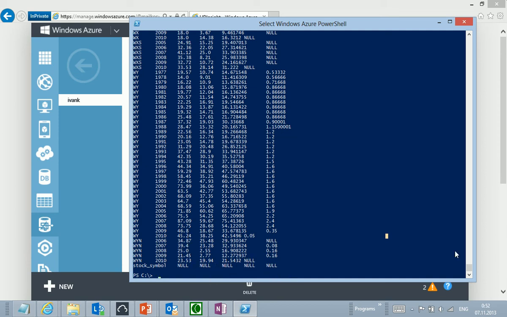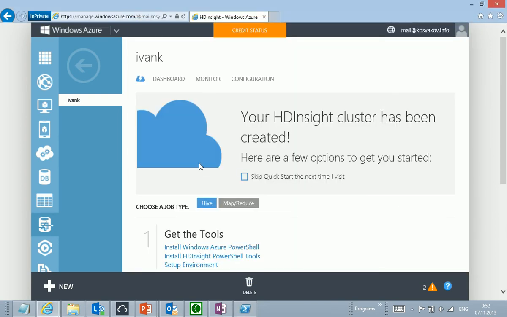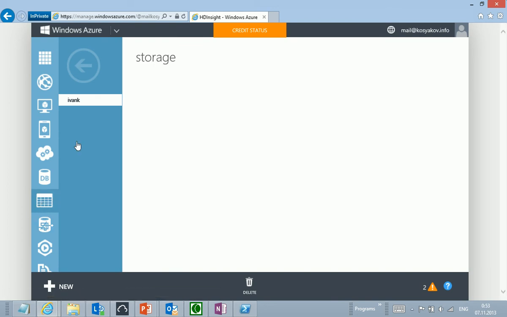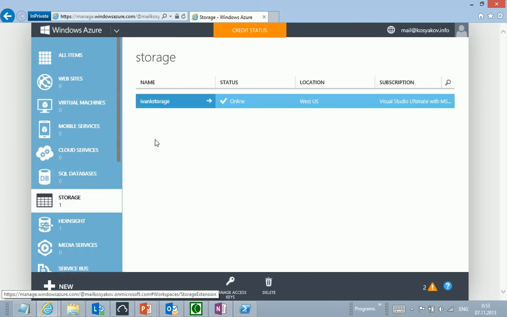And on my next step I'm able to delete this HDInsight instance because I don't need it anymore. And all this data is stored in this blob storage instance. So in this scenario, in next steps, the analyst will get data from a file which is stored in this